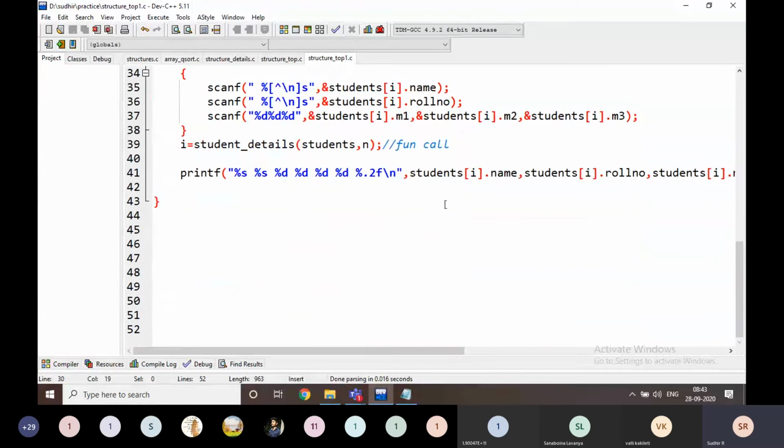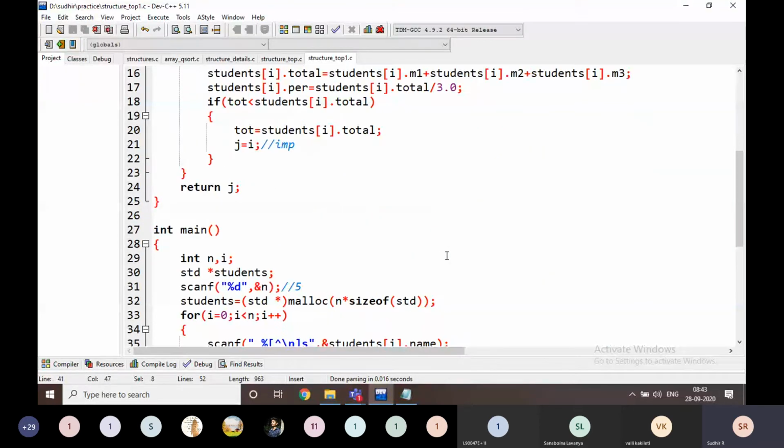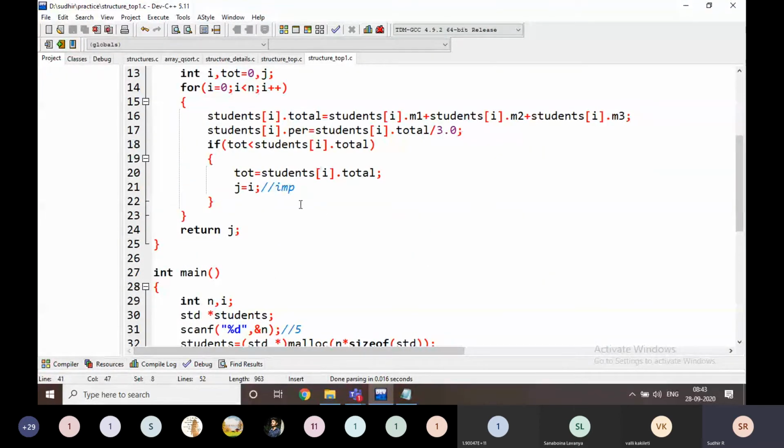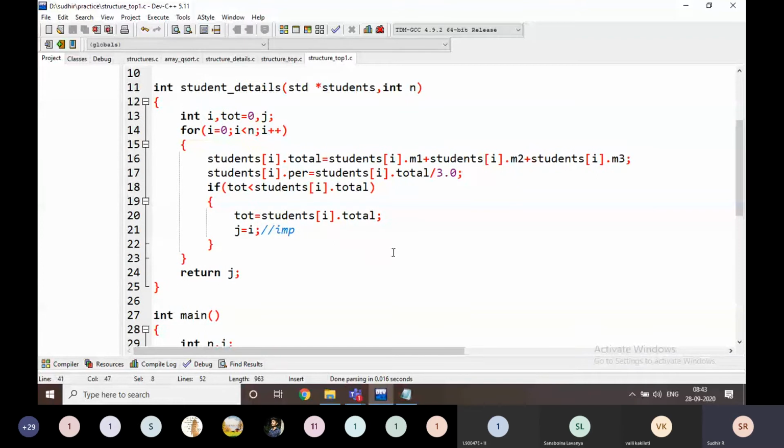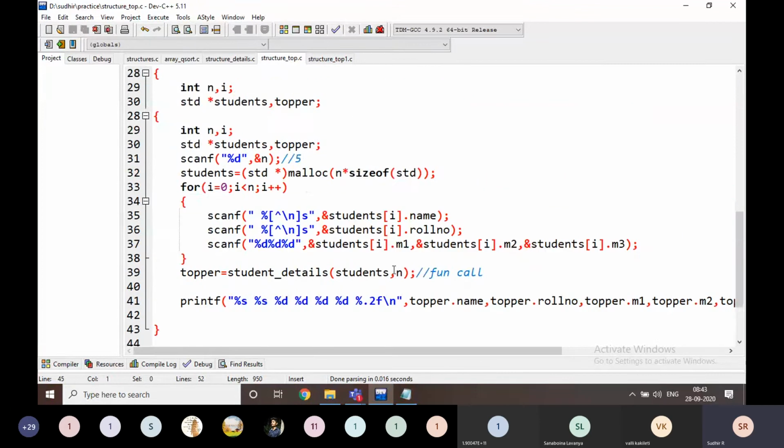This is already in the students data, that's why I'm going to print the data here. Just observe, everyone. Same logic, but here I am returning an integer, the index value where the topper is. In the previous example, I was returning the total data of the student.